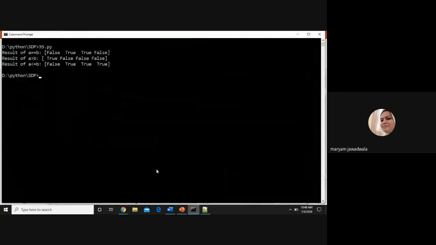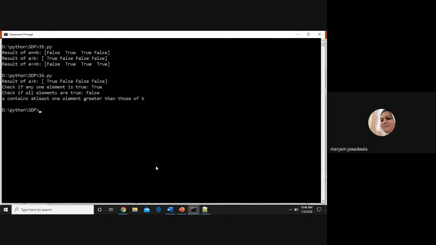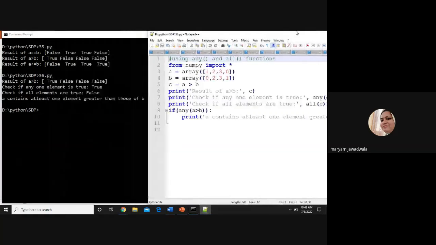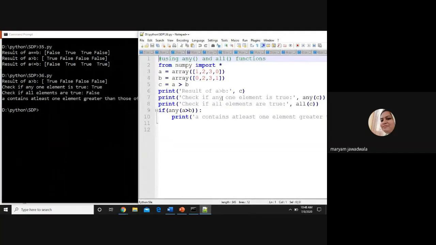So we'll run this program here. The name of the program is 36.py. Here you can check it. The first print will give the result of A greater than B, as we saw in the last program. The next print statement checks if any one element is true, and it will return any of C. Whatever we obtain from here is true, false, false, and false.